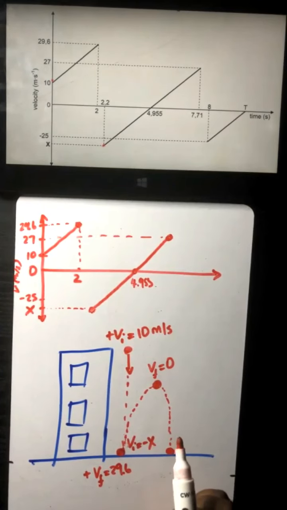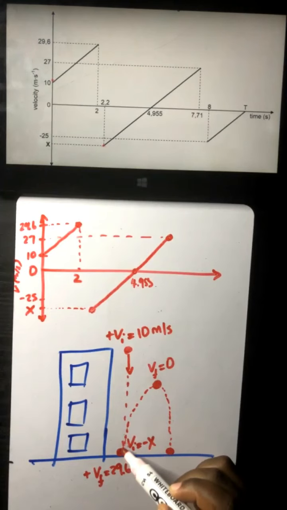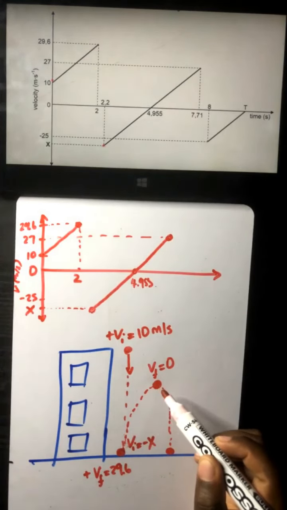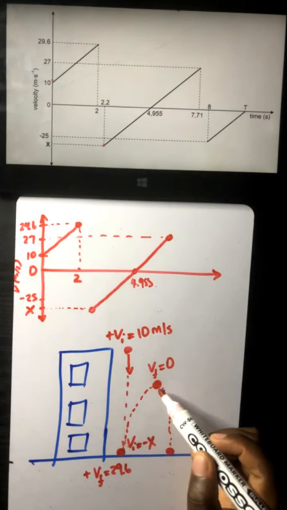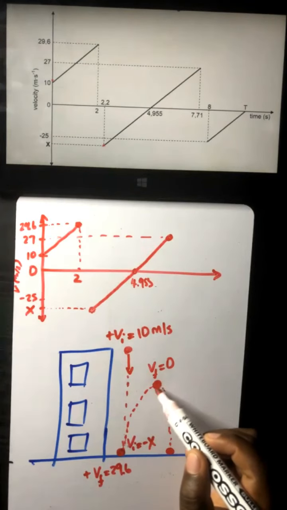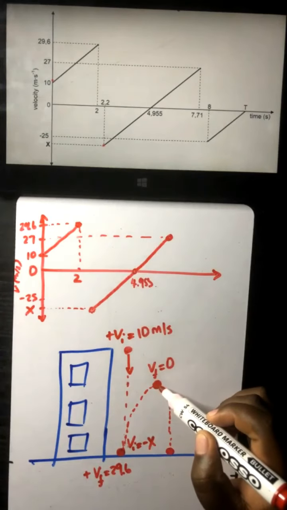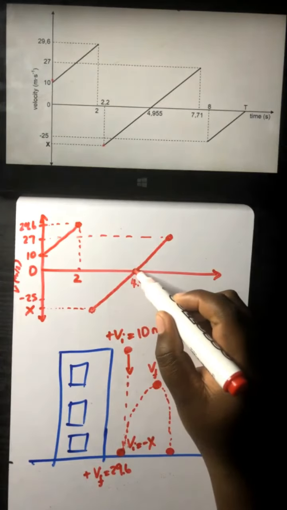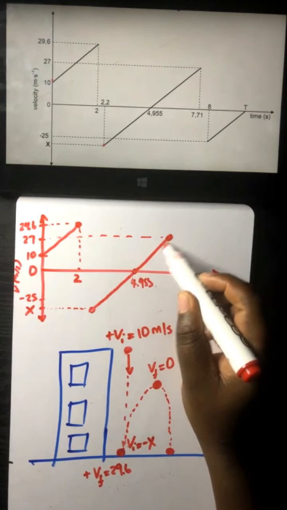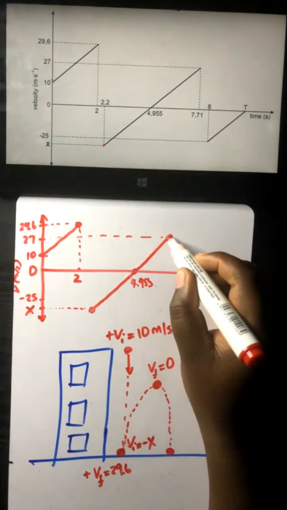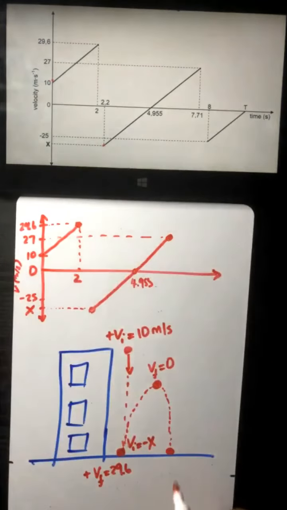But what you need to understand up to this point is that that object bounces and reaches its maximum height, where its velocity, this is the turning point, is equal to 0, and then it changes direction. That's why we've got now a line extending on the positive side, and obviously it strikes the ground, which is that point over there, which means now